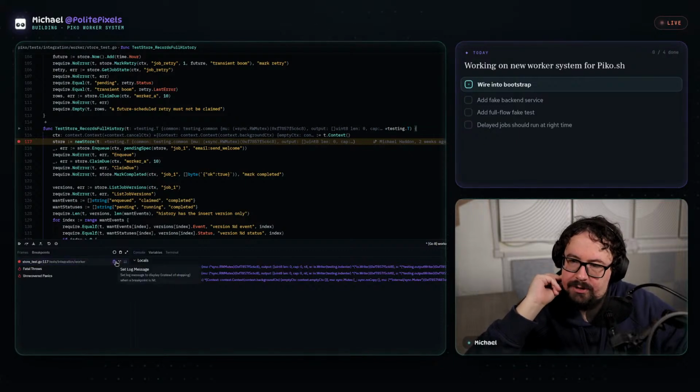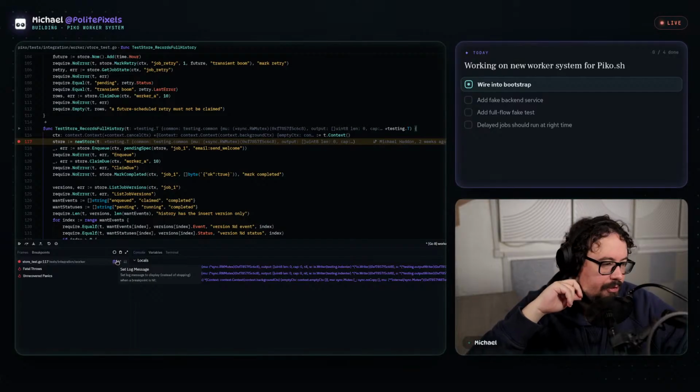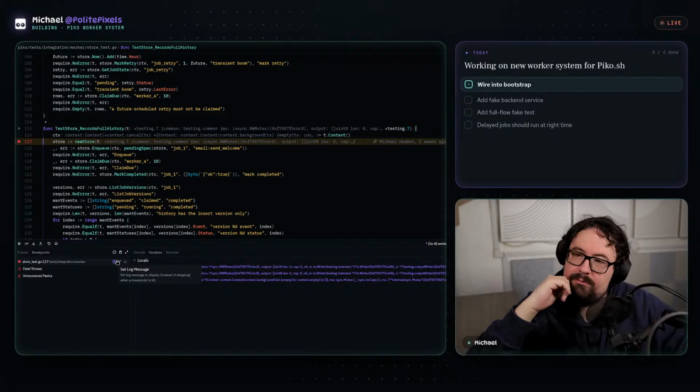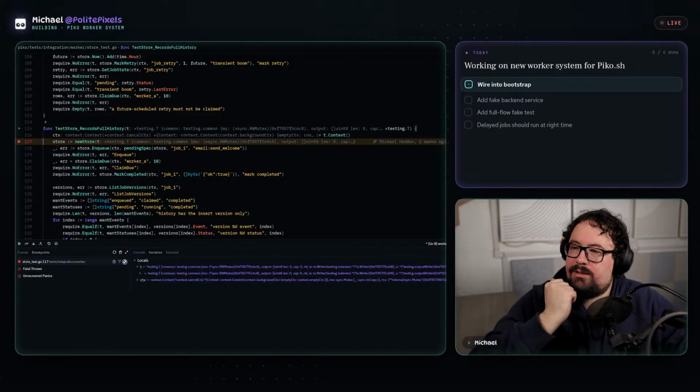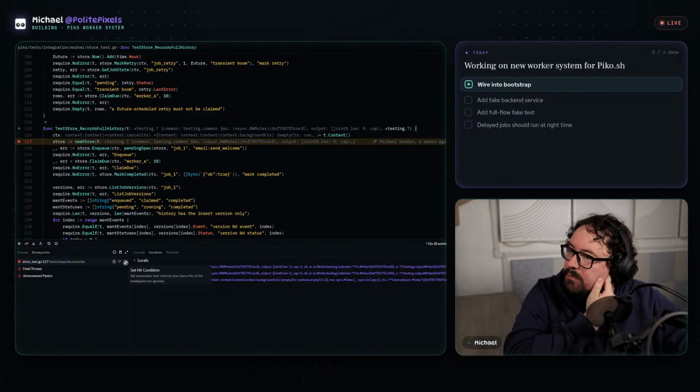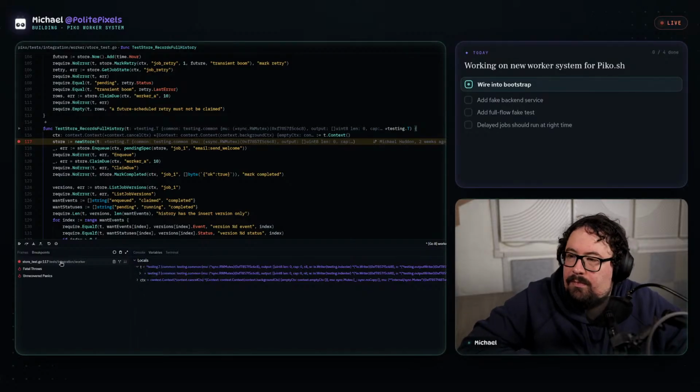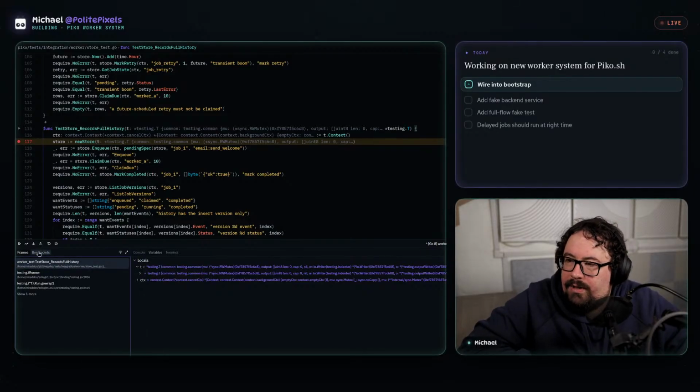Set log message to display instead of stopping when a breakpoint is hit. And you can't set a hit condition here, apparently. Whatever that means.